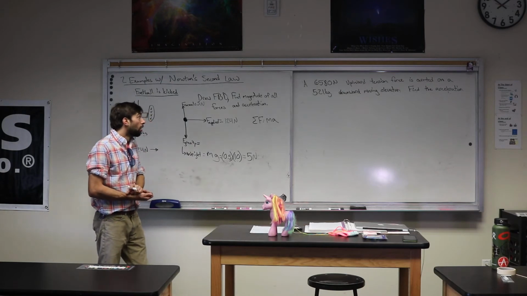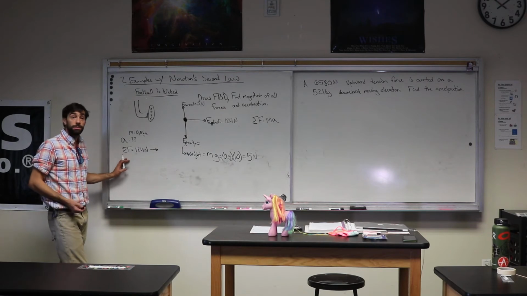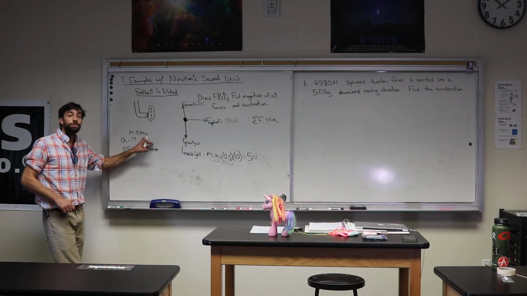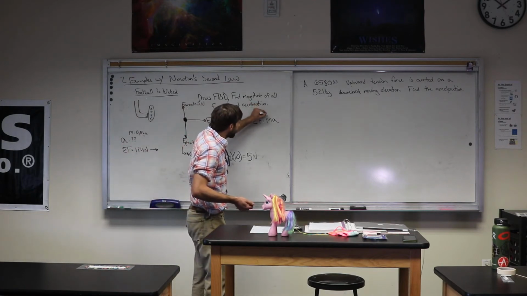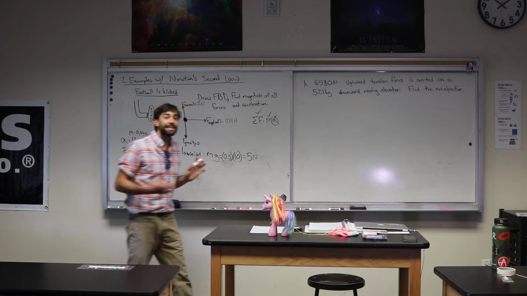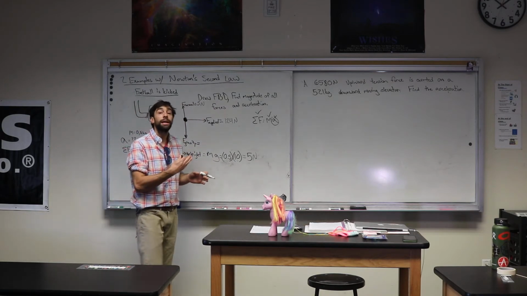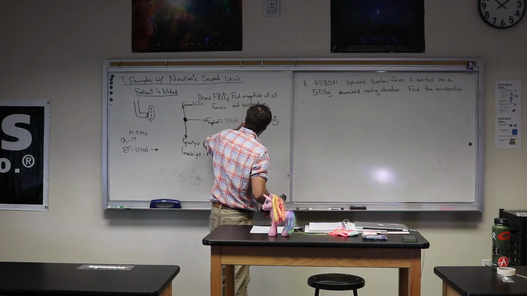So let's look. Do we know our net force? Yeah. Do we know the mass of the object? Yeah. And we're trying to find the acceleration. We don't have that, so we're going to find this. The next thing I do is start plugging numbers into my equation. We got 124 newtons equals our mass